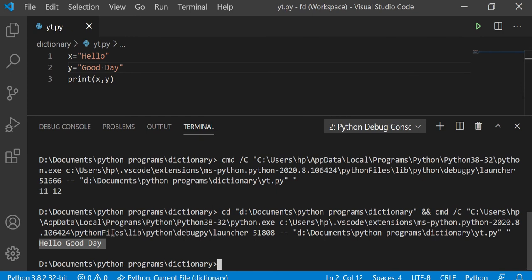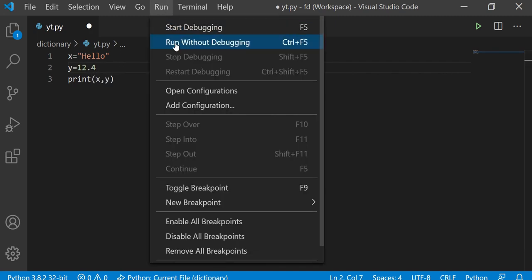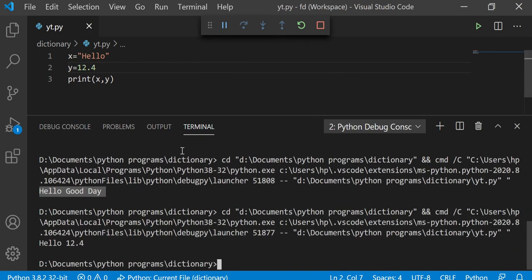So this is an example that we can store strings in variables and use them in any way, like printing the variables. To change this, we will write 12.4 for y. The 12.4 is a type of float number. This is what we get: hello 12.4 as the output.